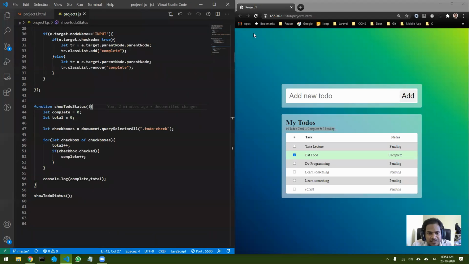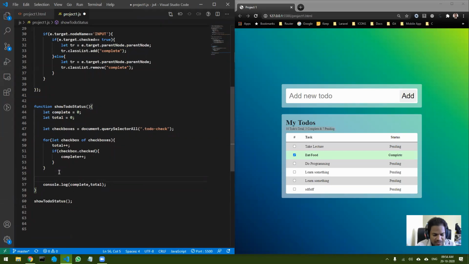Can anybody tell me? Yes, perfect, Amina. Basically I just have to do let status is equal to document dot getElementById, and inside that I can put the name of the id. So this is one way.